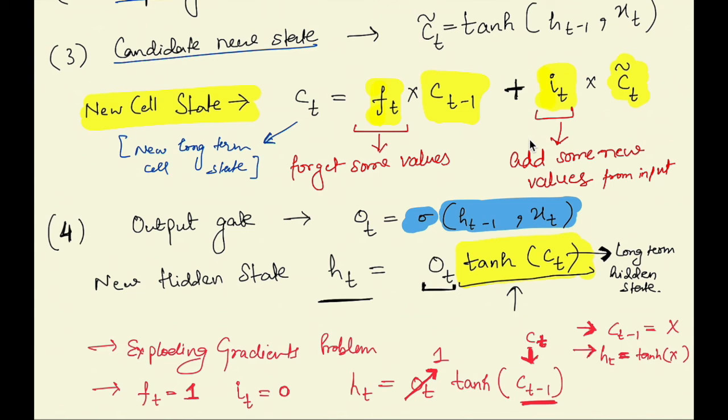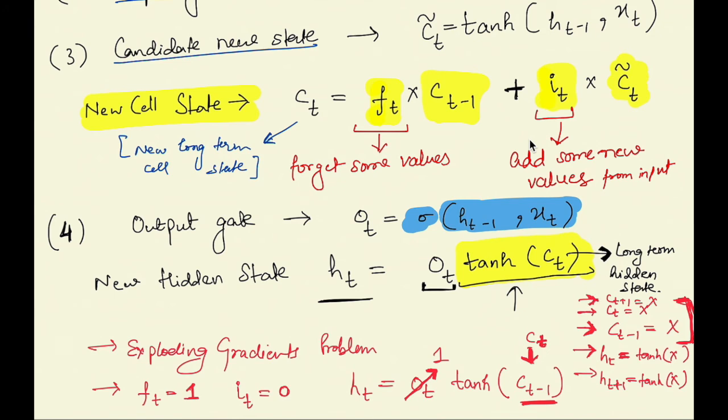And then let's say again, if we choose it to continue like that, HT plus 1 would again be equal to tanh of x, because let's say CT remains to be x, then CT plus 1 also chooses to remain x. And this is possible because if FT is 1, that we do not forget anything from the past, and IT is 0, we do not add anything from the new,